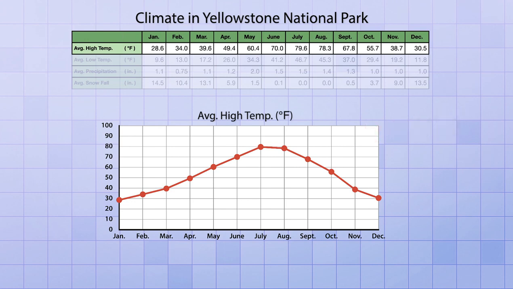For instance, notice that for the month of June, there's a dot exactly at the intersection of the vertical line for June and the horizontal line for 70 degrees. That matches perfectly with the data in the table, which shows an average temperature of 70 degrees in June. And if you count them all, you'll see that there's 12 dots total, one for each value in that row of the data table. After all these dots were plotted on the graph, they were connected with line segments between